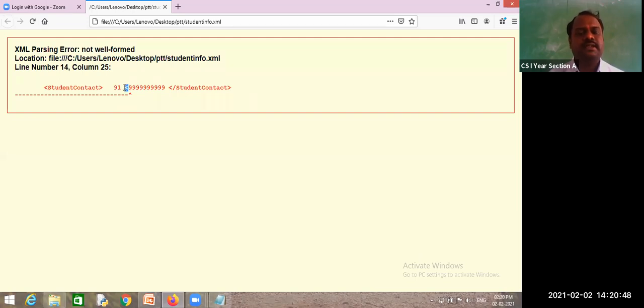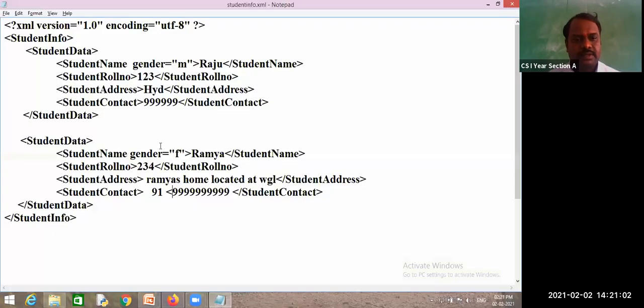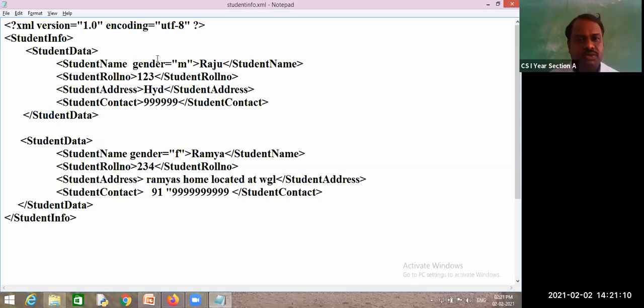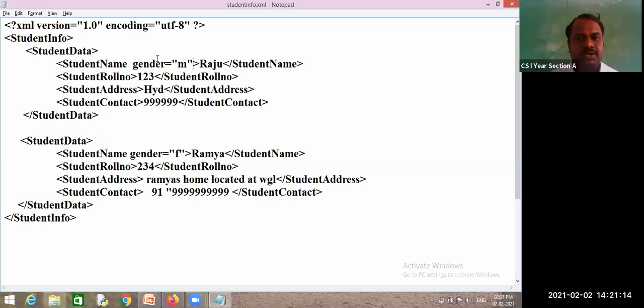These are some predefined tags, because this less than has one special meaning. What does this less than say? A tag is going to start. And the greater than, what does that convey? Ending of a tag. And this single quote or double quote specifies that attribute values will begin. Like that, they have their own properties.